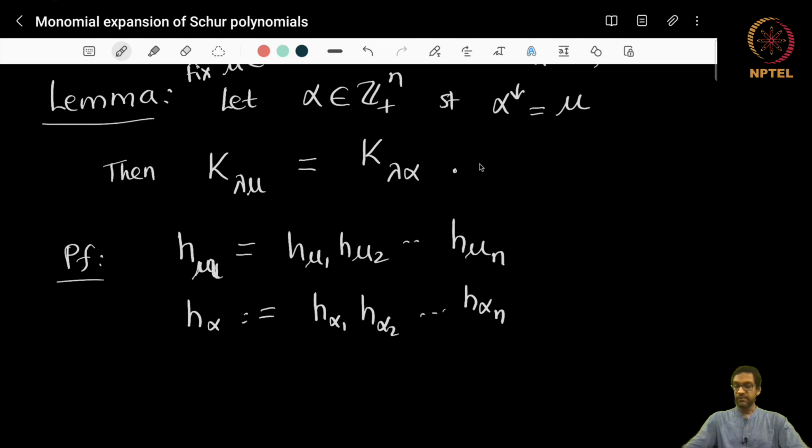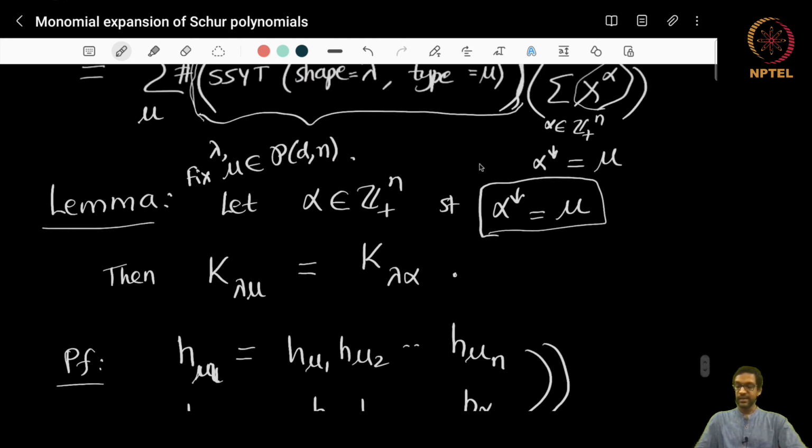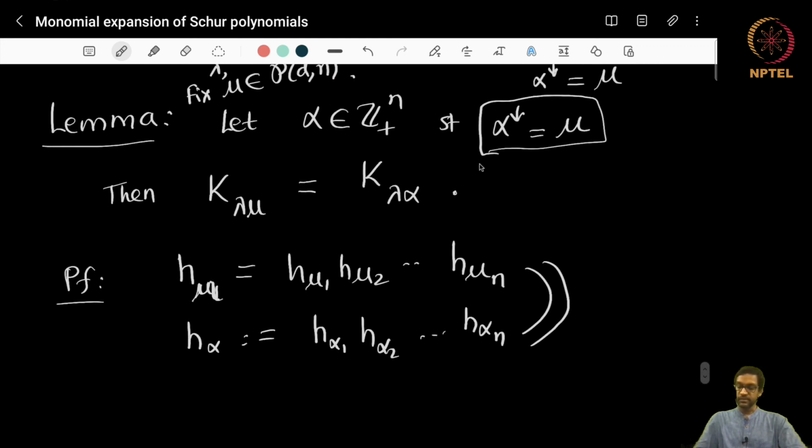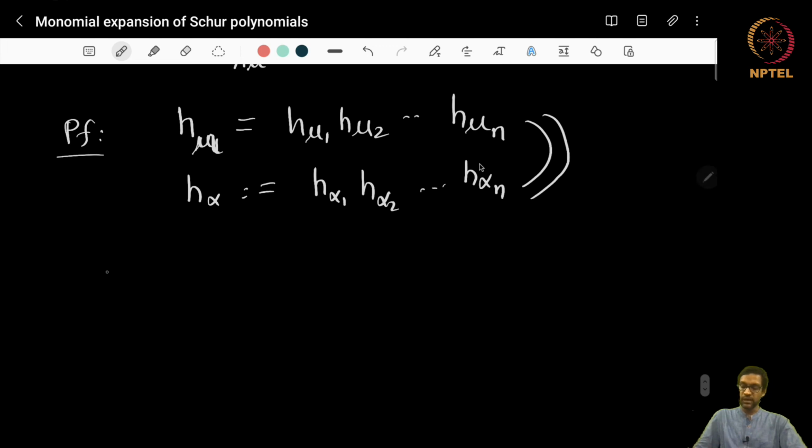But observe that alpha and mu, those two tuples, are the same up to some permutation. I take mu and I permute those numbers around, I get alpha. But therefore these two are the same, because this is just the product of the individual parts of mu or the individual parts of alpha. So they both give you the same answer. So what does this mean? This says that if I go back and see how I got my K lambda mu's,